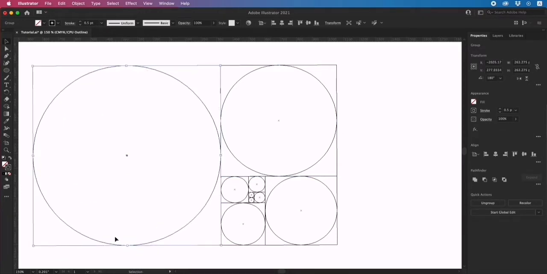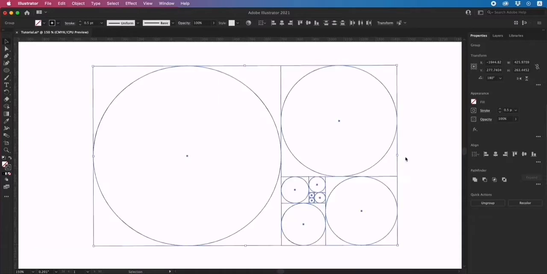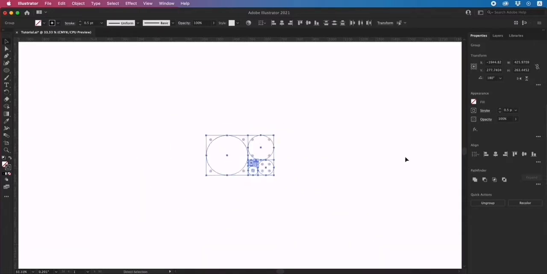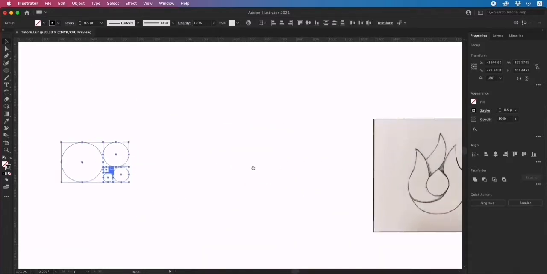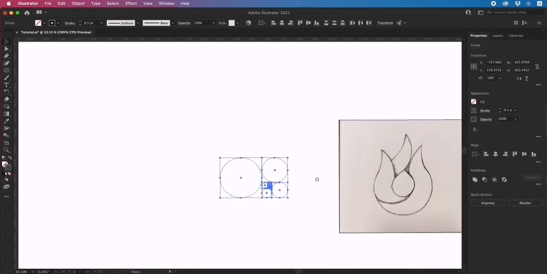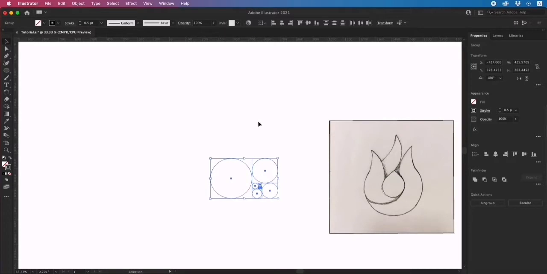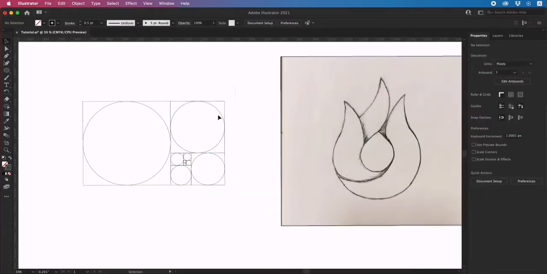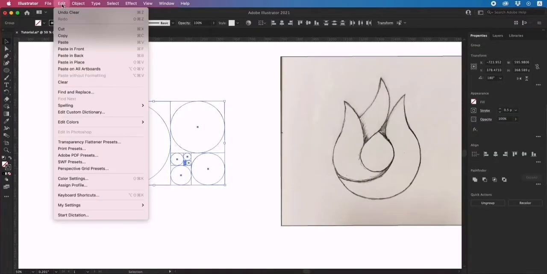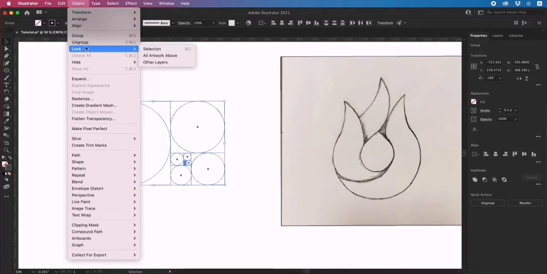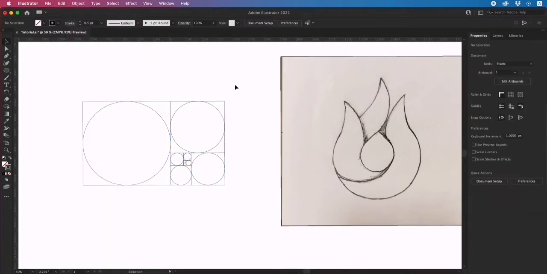And we can press Command or Ctrl Y to come out of outline mode, and there we go, we have essentially created a golden grid. Now this is all grouped together. At this moment we can drag over this, go to Object, Group, keep ungrouping until everything is separate,